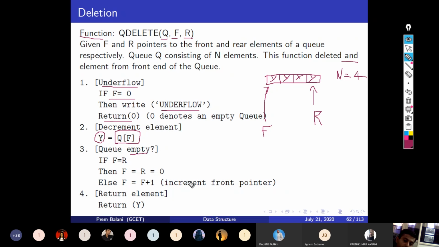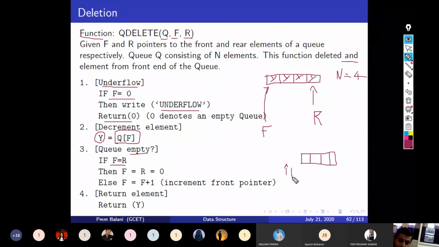So how can we know whether the queue is empty or not? The condition is F equal to R. See, initially F and R both are 0. Say this is my queue, and I am explaining how to check whether the queue is empty or not.